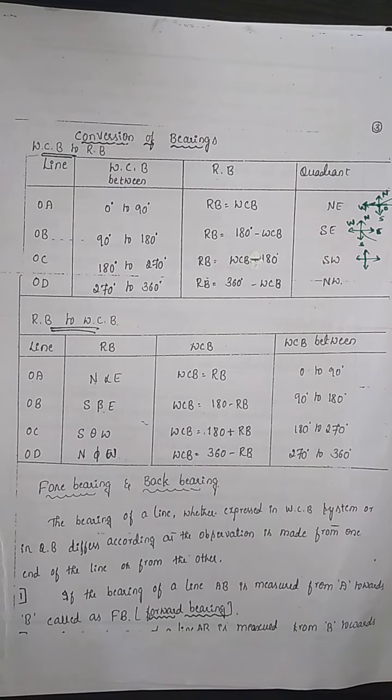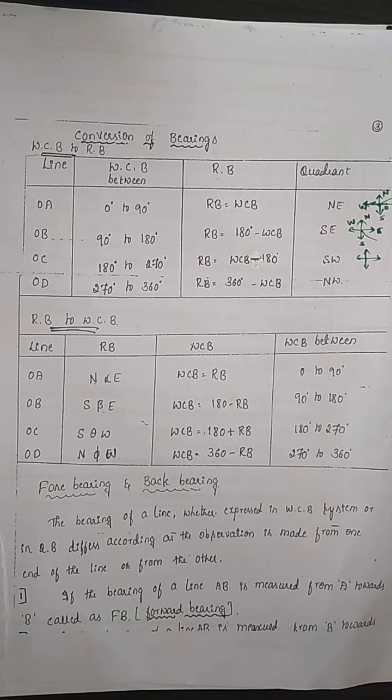In the previous classes, we have seen what is compass survey, the basic definitions, meridian, bearings, then true bearing. Then we have also seen the difference between the prismatic and the surveyor's compass, the temporary adjustments, and then what is a quadrantal bearing and what is a whole circle bearing. We have already studied this in the previous class.